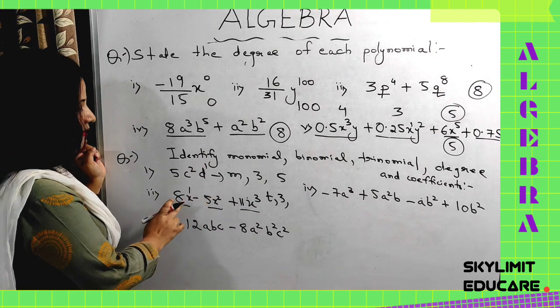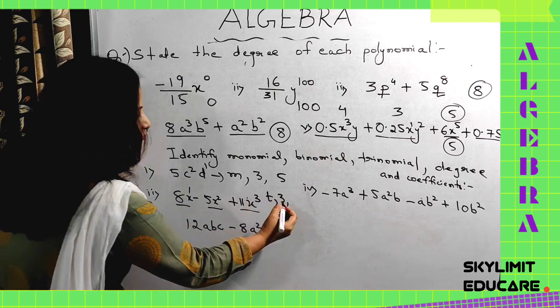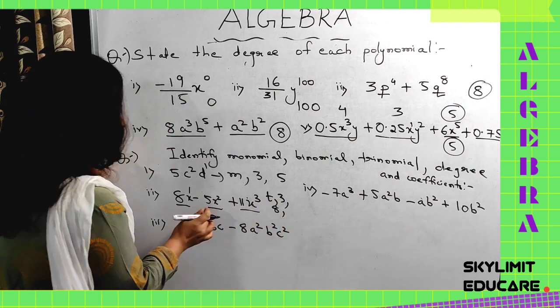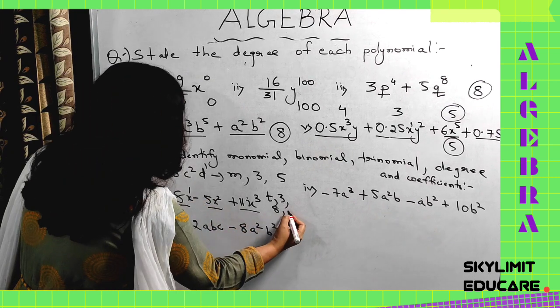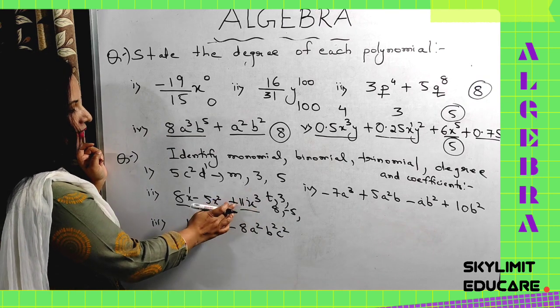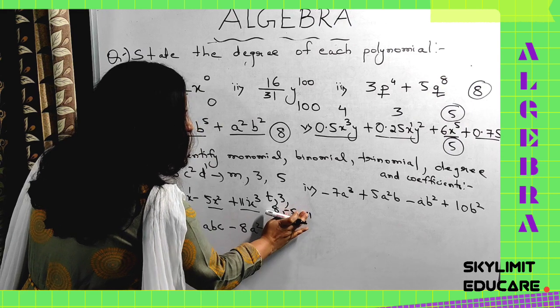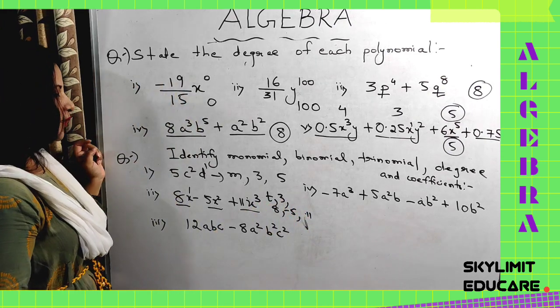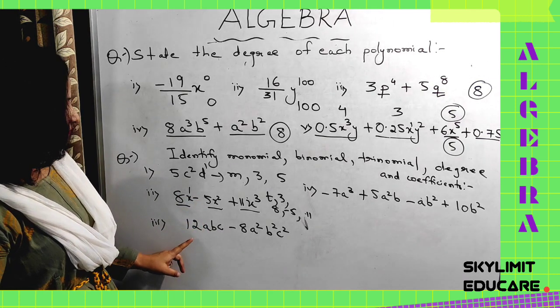And what are the various numerical coefficients? For the first term it is 8. For the second term it is how much? 5, that is minus 5. And for the third term, x cube, it is how much? Plus 11, or simply 11. So these are the numerical coefficients you are going to write down. Remember it. Okay. Now let's come to the third question.